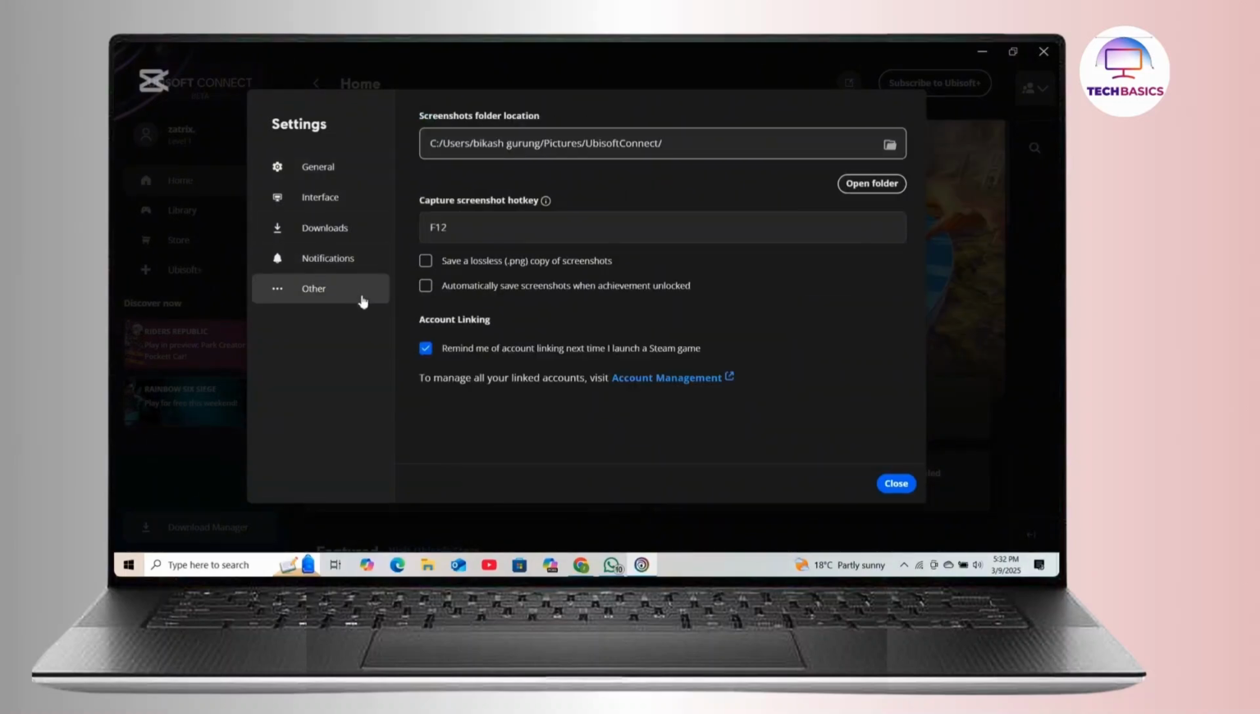Now here simply navigate to the account linking section, and here you will see a checkbox labeled Remind me of account linking next time I launch a Steam game. So make sure that this option is checked. And now you can scroll up and click on Restart Ubisoft Connect, or you can simply close the app and